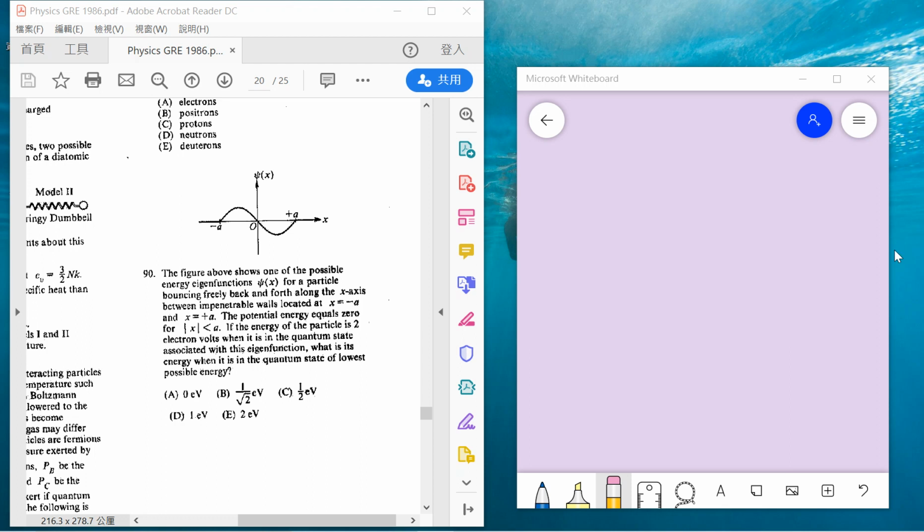So keep solving our physics GRE subject. So 90. Okay, so you did read the question by yourself, which is too long. Okay, so